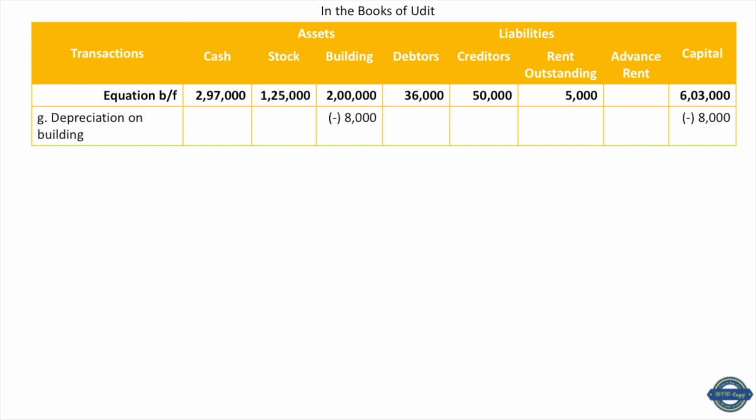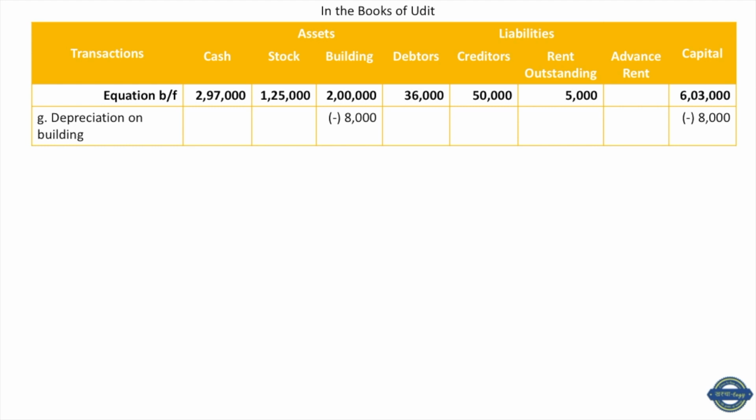Under matching concept, we have learned that revenue will always be matched with the expense that has been incurred in that year for the revenue that has been earned in that year. Therefore, we will divide the cost of the asset that we will use for 5 years, for which we have earned the revenue for 5 years. Therefore, we will expense out 10,000 every year.